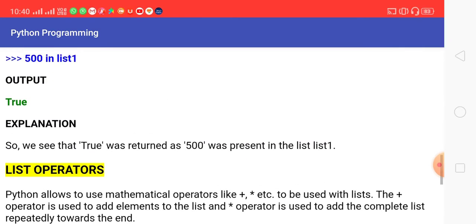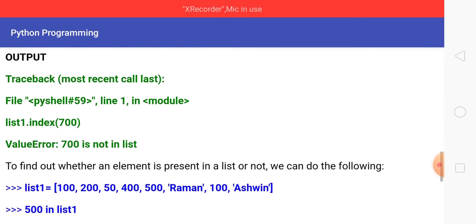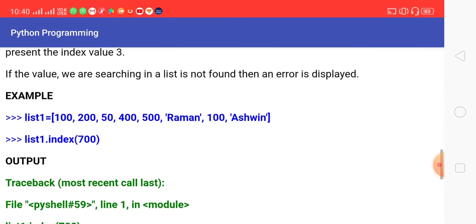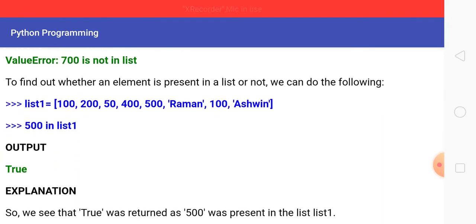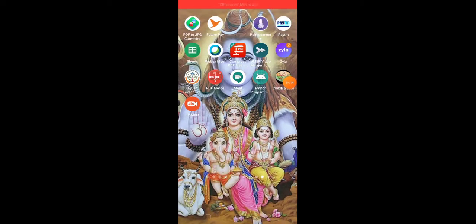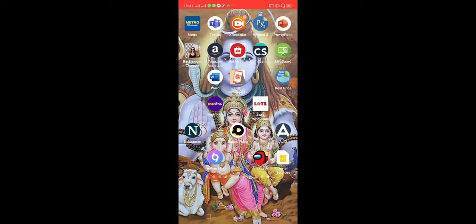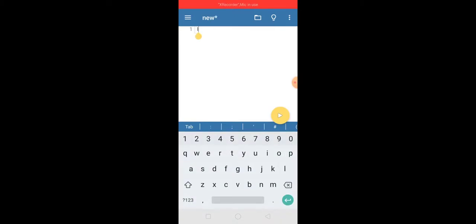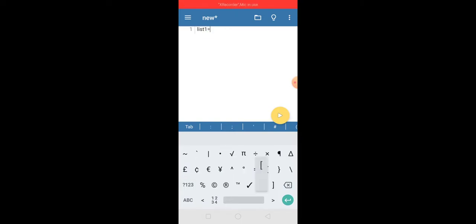Now we will do the practical of these. First index, and then operators. Now we will create a list, list1, in which the elements are 100, A, 20, 40, 60.